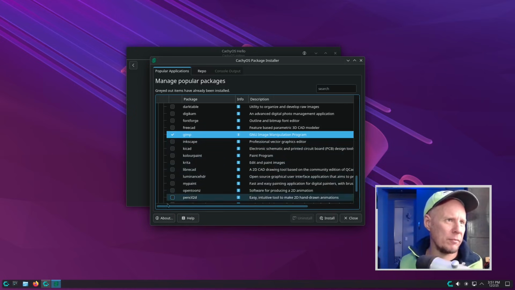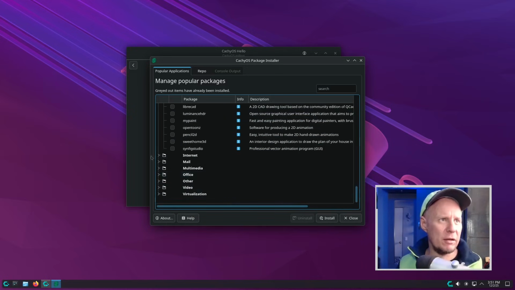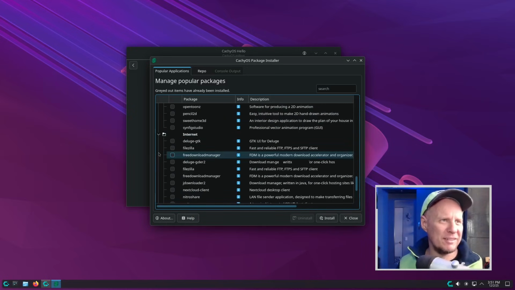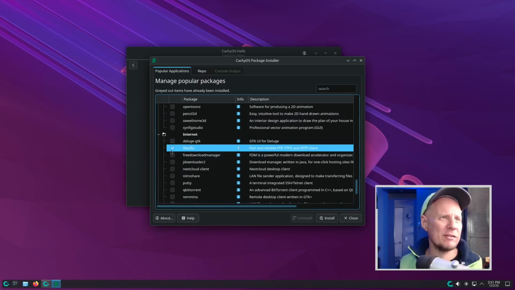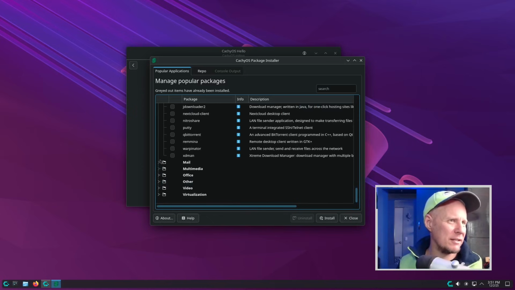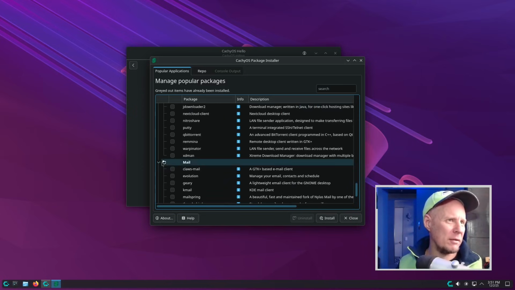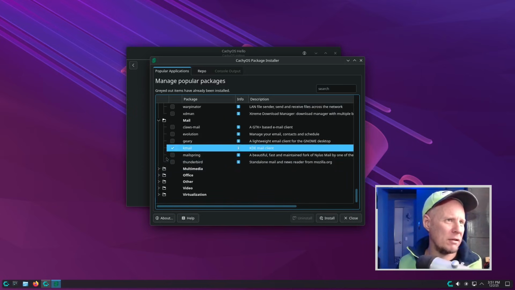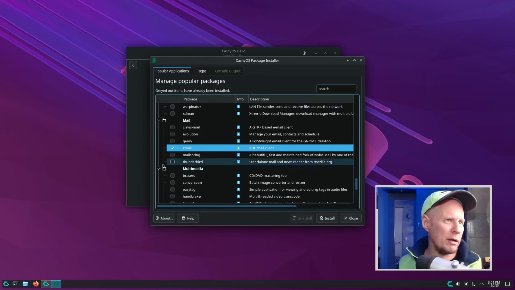GIMP. Because we always have to have a GIMP, right? No. I'll probably get canceled for that, right? Files. Mail, about Kmail. I don't know if I like Kmail or not. I don't even know, but